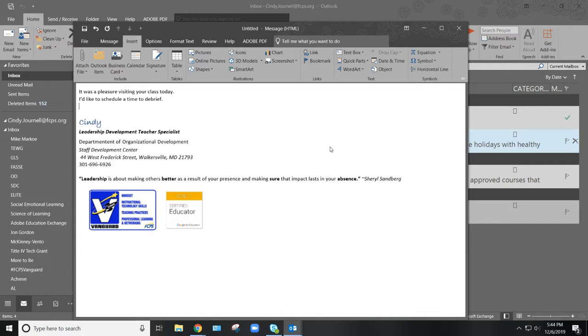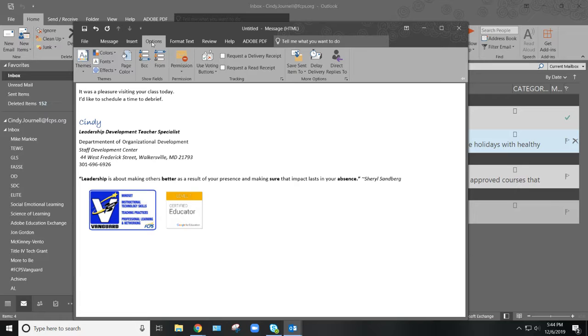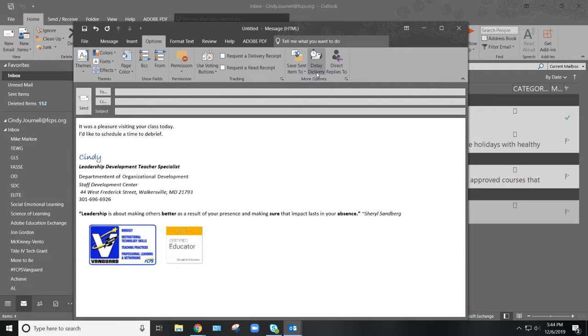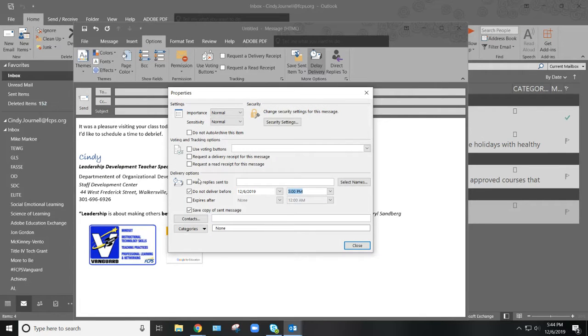Another thing I wanted to show you was delayed delivery, which is located in options. So I went to options. There it is. I hit delay delivery, and here is where I'm going to choose when I want an email to be sent. I can choose the date, I can choose the time,